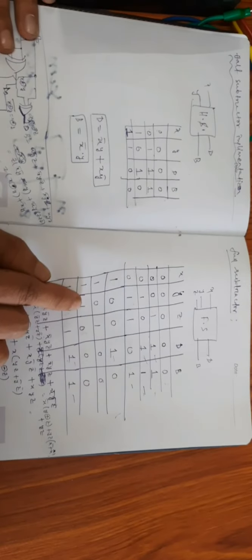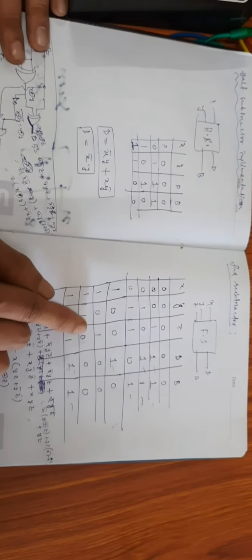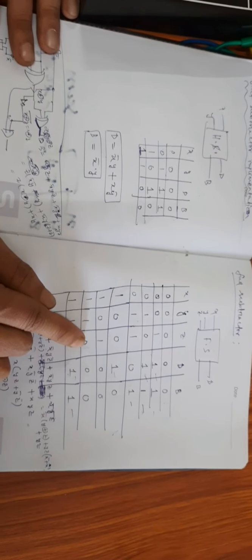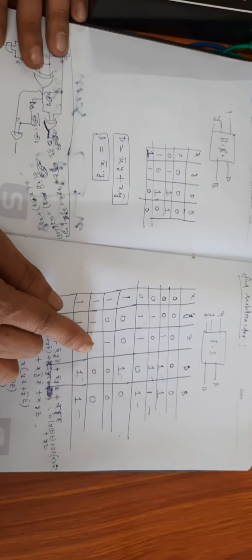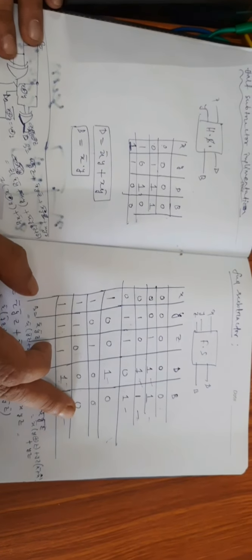1 and 1. What is the difference between 1 and 1? There is no difference between them. So, 0 is the difference. Then that 0 and this 0 are compared again. What is the difference between 0 and 0? There is no difference. That means the difference bit must be 0 and we are not taking any borrow here also.